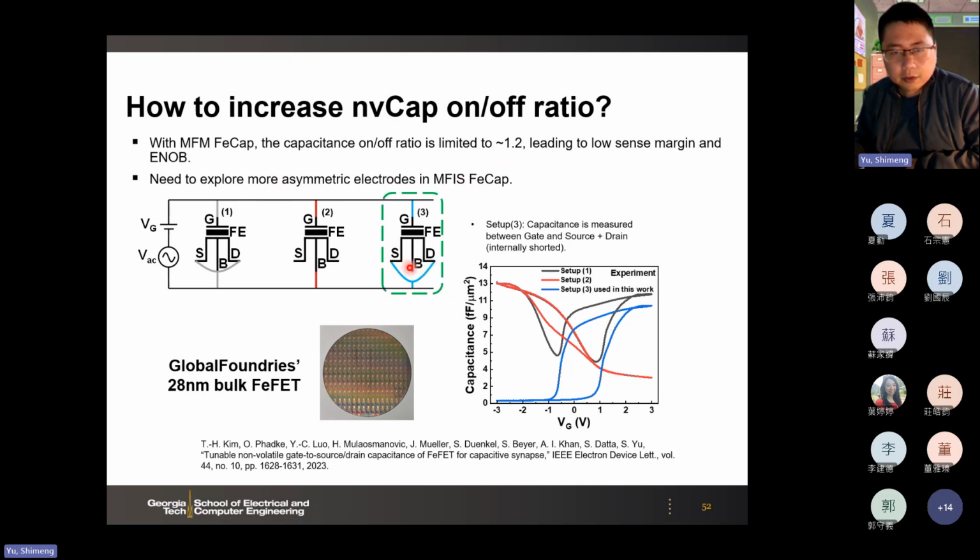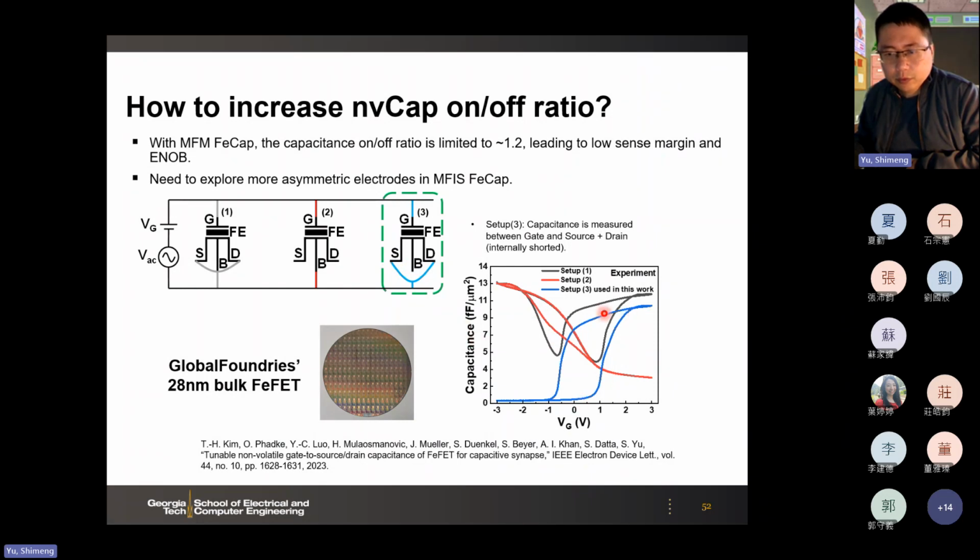So the other electrode is not metal, it's a MOSFET, right? So metal, ferroelectric, interfacial layer, and then semiconductor, the silicon substrate is another electrode. With this configuration, it's very asymmetric. And then if we measure this configuration, if we float the body and measure the gate, and then ground source and drain together, then we get the blue curve in the CV, in the small signal